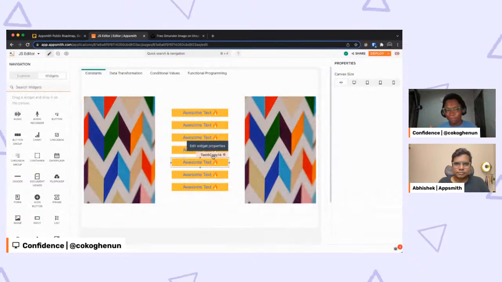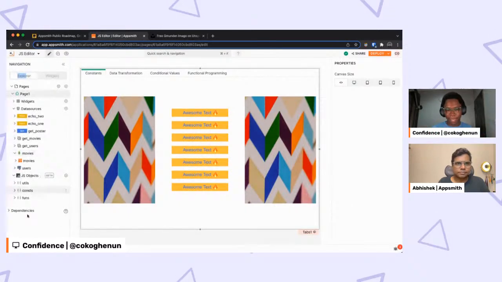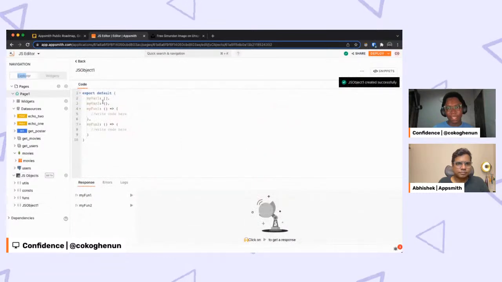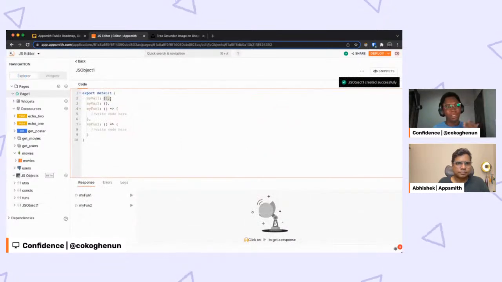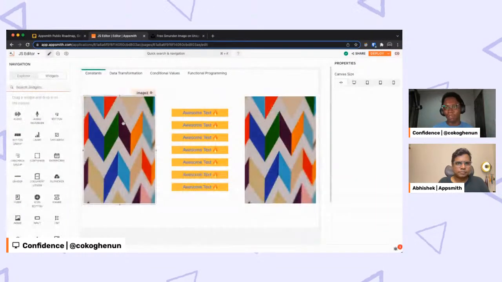So this is really useful if you have variables that are used across your apps. You can easily create a new JavaScript file and store all of that data as variables in a JavaScript file and reference it throughout other parts of your application that you would need to make use of those values. So